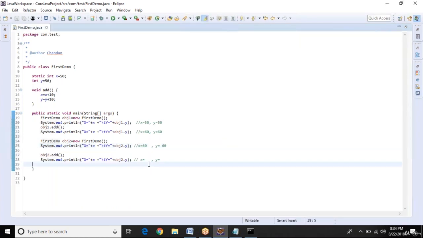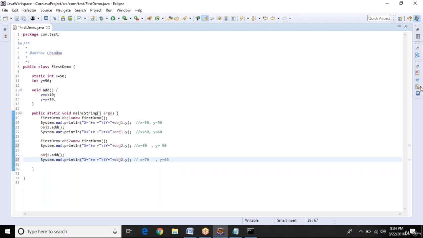For this we have added one value, so it will be 70, and then here it will be 50, and then 60, and here 70. Sorry, this 50 is 50 and this is 60. So the output is this.